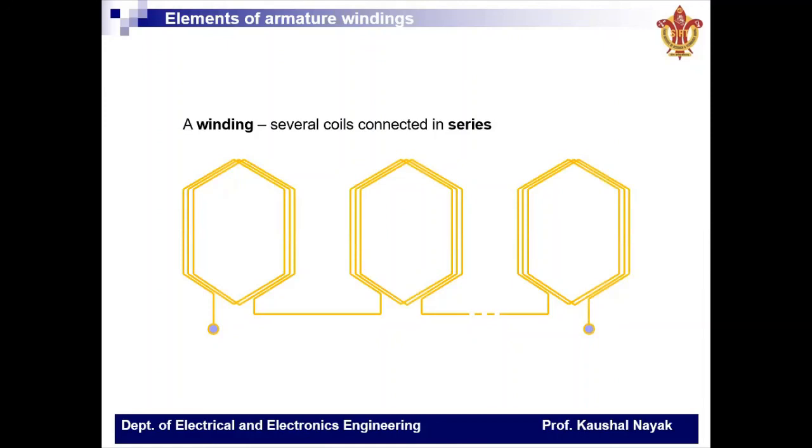Coils connected in series. In this diagram, there are number of coils. Each coil having 3 turns are interconnected in series. Such connections are required when these coils are utilized for winding in various types of electrical machines.